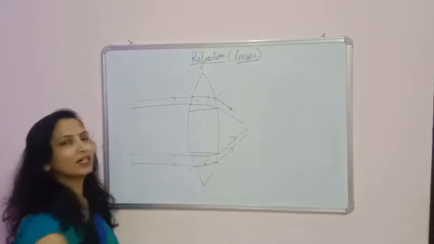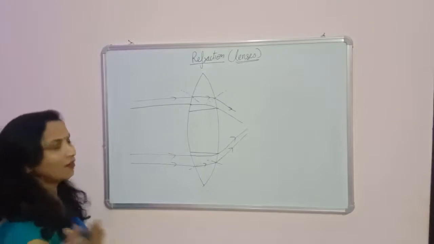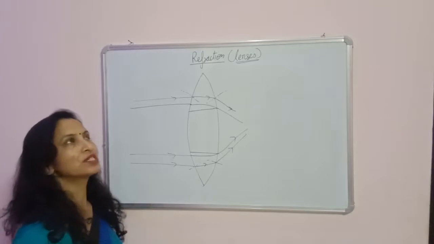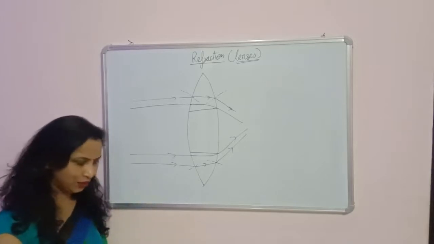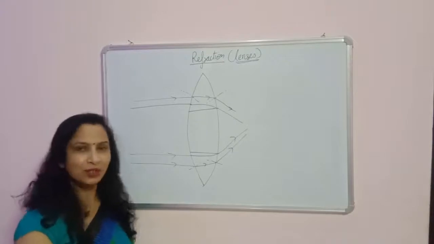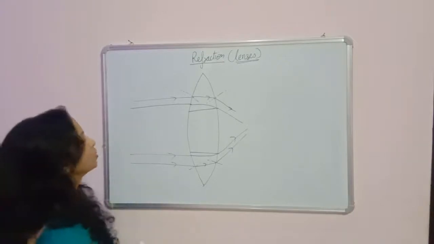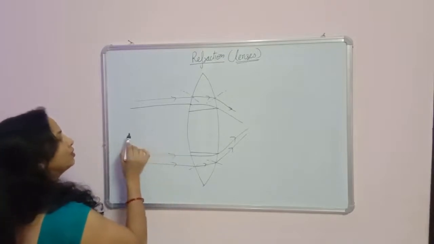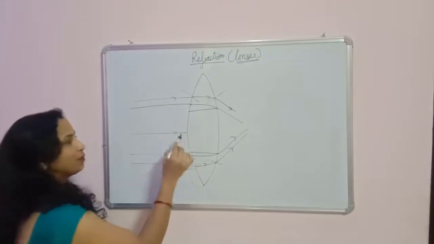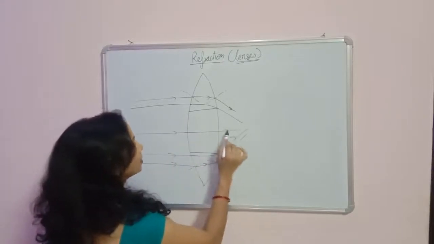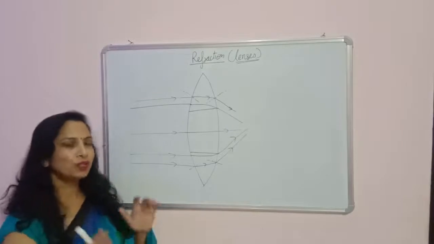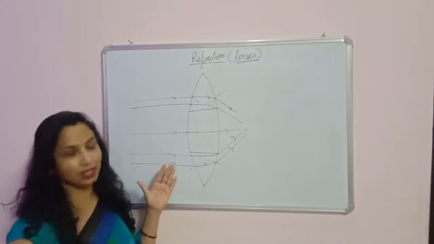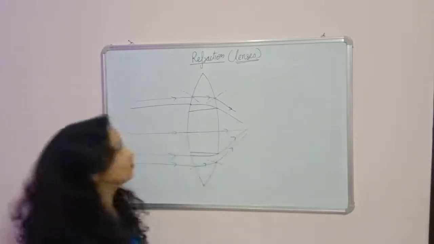And this middle portion works like a glass slab. We have learned about the glass slab, refraction through the slab. I don't know if I explained it or not. If I did not explain what a glass slab is, I will explain later. So this works like a glass slab. The light passes through the glass slab, and if it is perpendicular to it, it will pass straight like this. So this is how this convex lens behaves like a converging lens. This is the working of the convex lens.